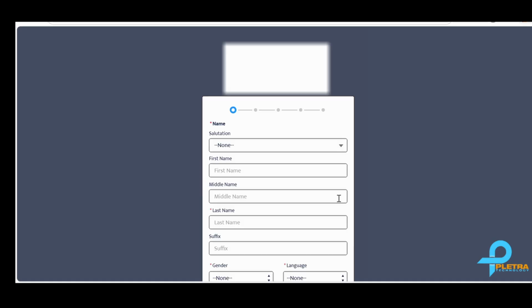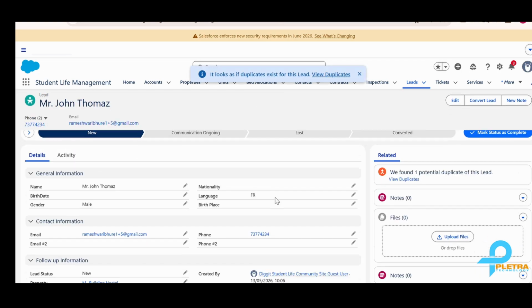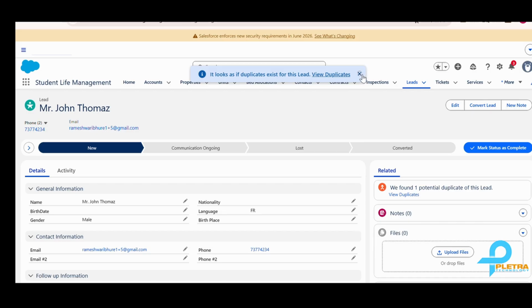Now we have to go to our Salesforce form. Now the student registered themselves on the community site, and after successful registration, student will receive an email that they have successfully registered in our system. So whenever the student registers there on the community site, the link is being generated. So this is the link, and in that link, now we have to convert that link.